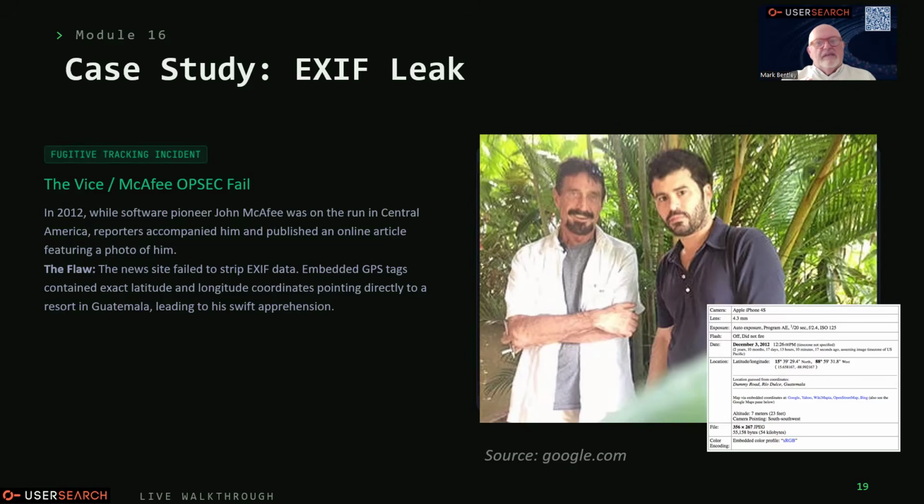But can you imagine the investigators getting this picture to start with to try and locate this guy and having no EXIF data? And it's so easy as an investigator to go, that doesn't exist. The EXIF data has been stripped out, doesn't exist anymore. It's historic. It's from 14 years ago. We haven't got it anymore. No, you do the digging. You use user search and do the image search. And one of the results that comes back is a copy that has the geolocation and the geotags. You remember I showed you the school in Winchester. It comes back and it will say that it's in Dummy Road, Rio Delche, Guatemala with the date. So never say never, guys. Really important with images.